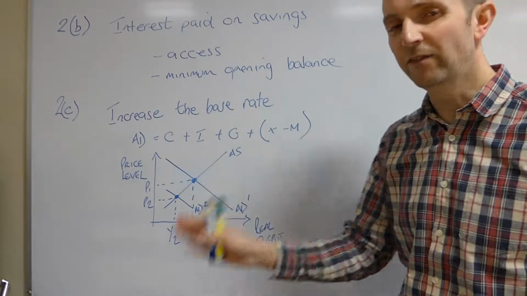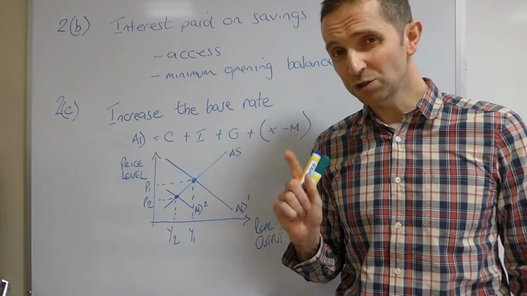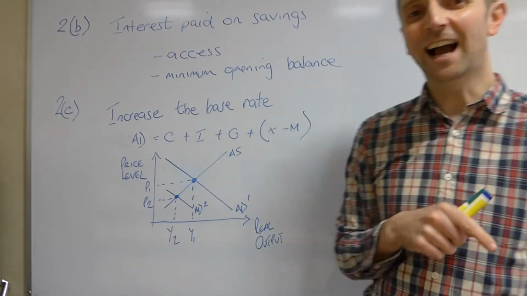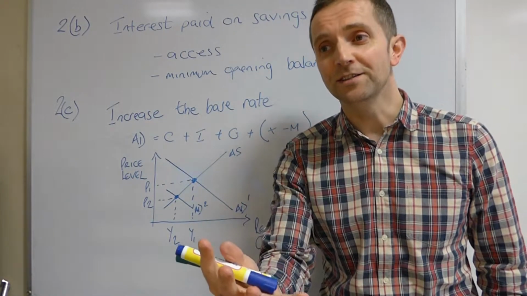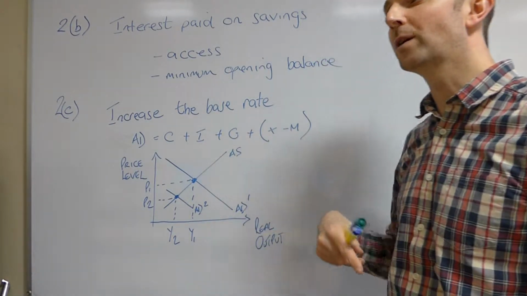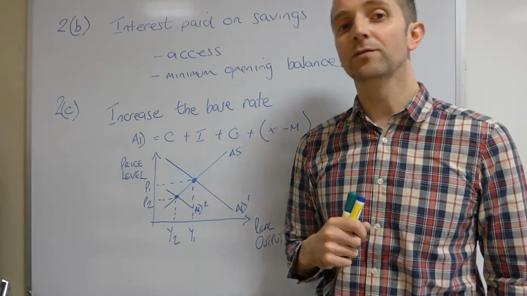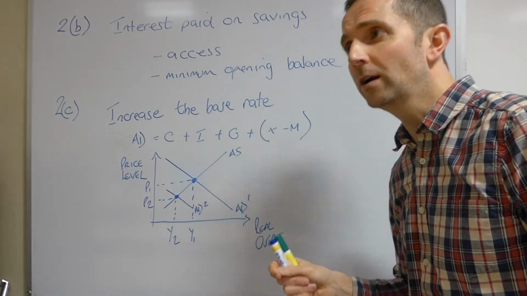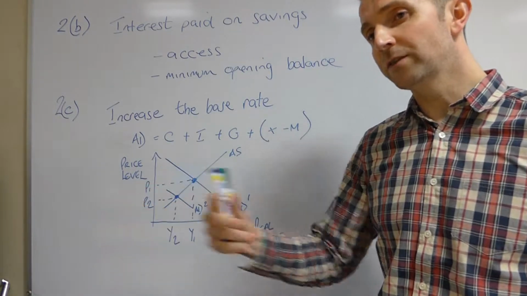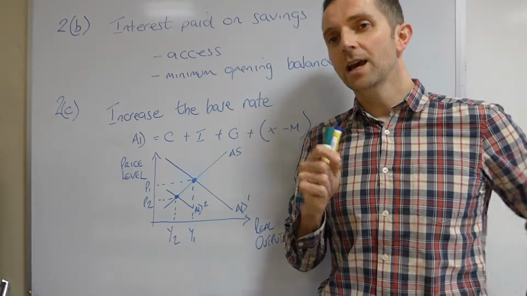Now, a lot of you got into all sorts of different things which were really just totally irrelevant. You're talking about inflation and taxation. Really, you just needed to say 2 things. Number one, the access to the account. How easy is it to get access to my money? Can I just walk into the bank and draw out all of the money from the account? Or do I have to leave the money in the account for a certain amount of time?